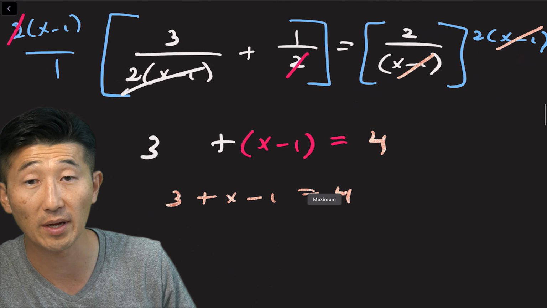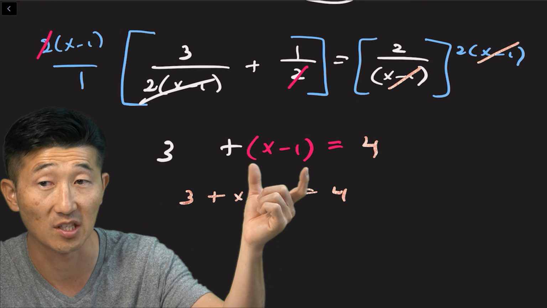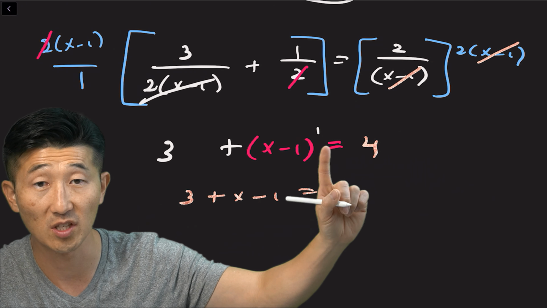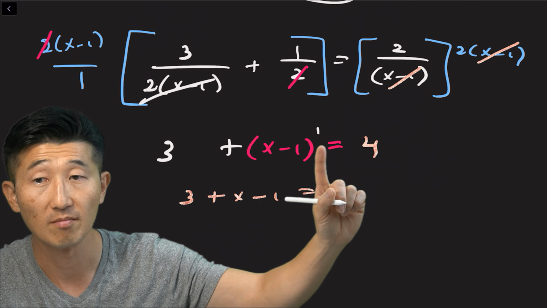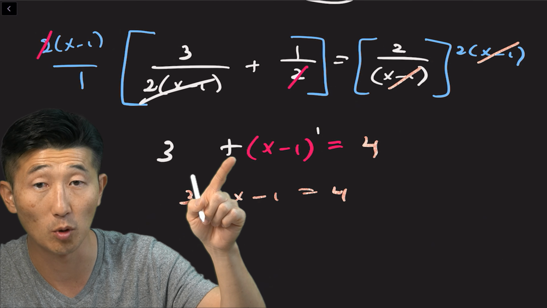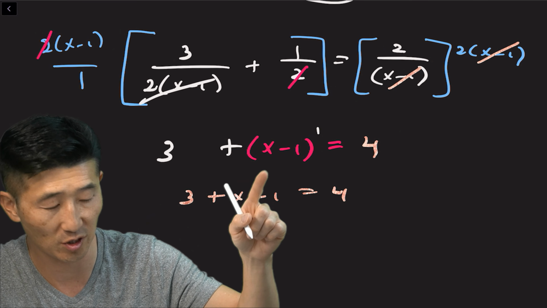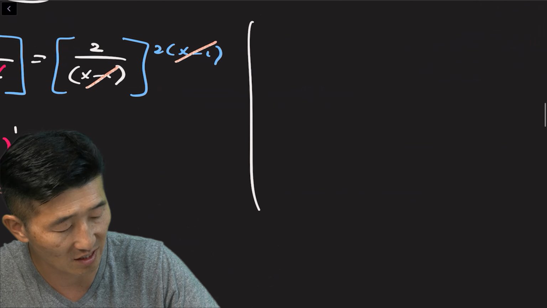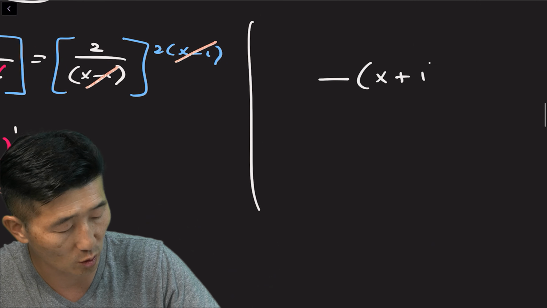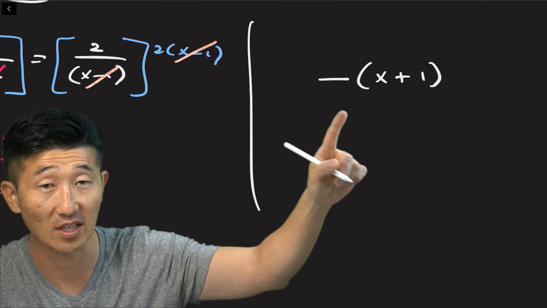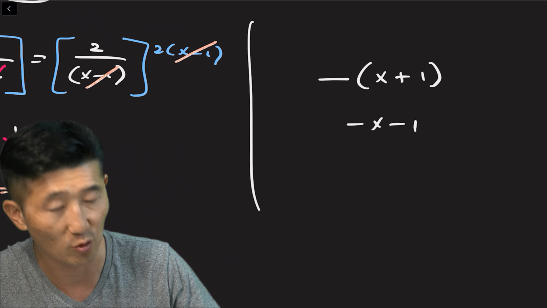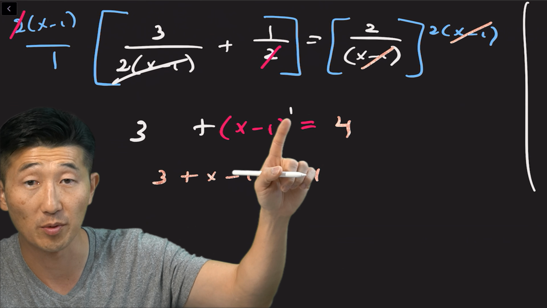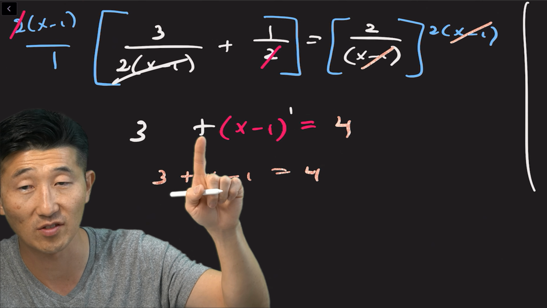Now, one question you might have is, how do I know if I can take the parentheses off? Well, you first check the upper right to see if the exponent is just a 1, and if there's no number in the front to multiply into the parentheses. If you have a negative with a parenthesis x plus 1, then you have to distribute the negative sign in there. Then the parenthesis will come off. So as long as there's no number up here except the 1 and just a positive symbol, you can